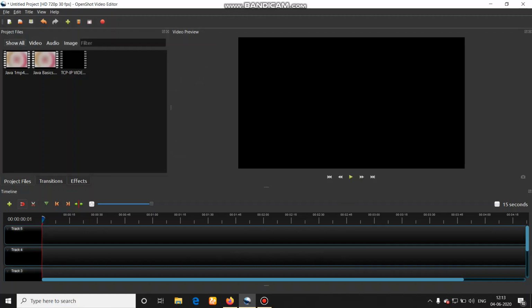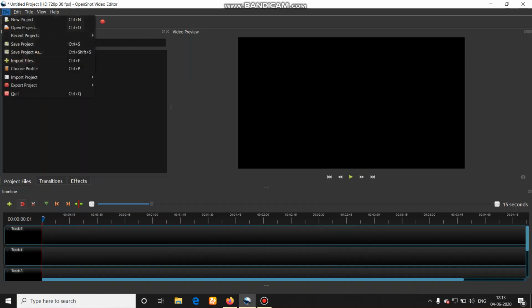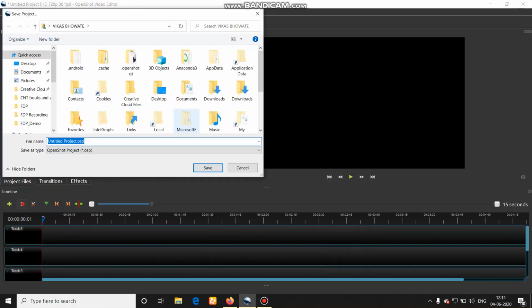Once you add all the videos, the next task is to save your project. You can save the project by pressing Ctrl plus S, or you can go to the menu bar, click on File, then click on Save Project. So I am doing that.